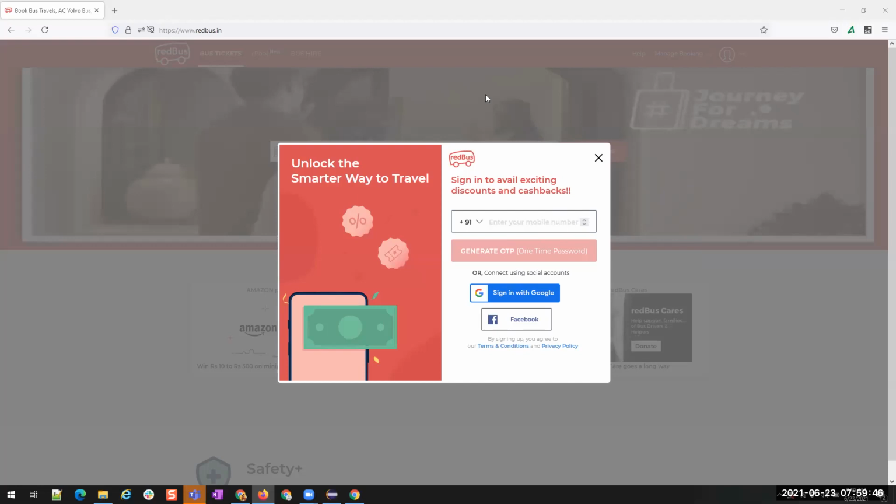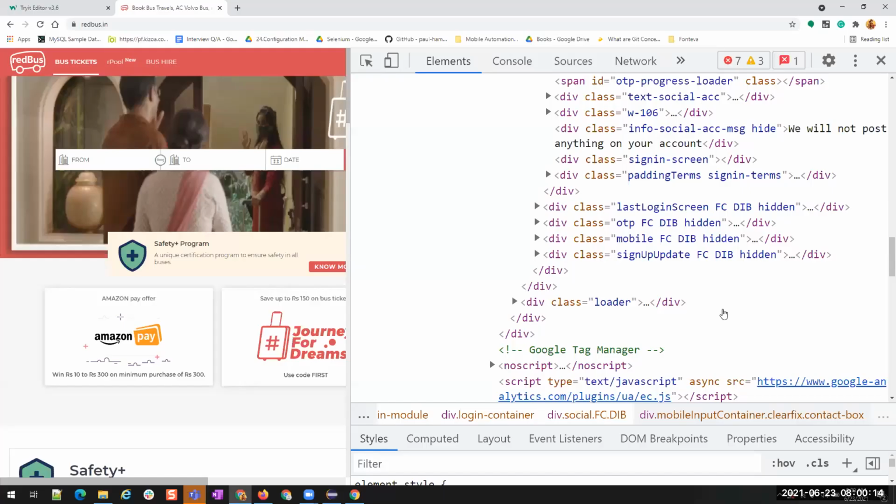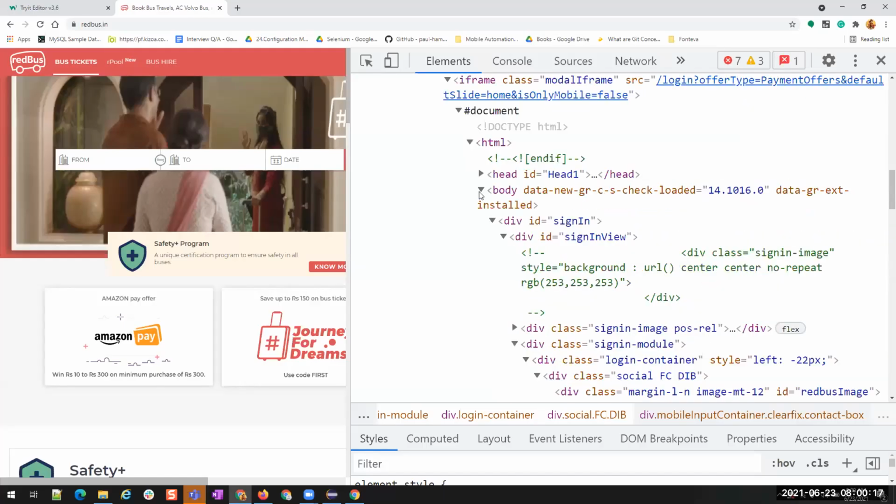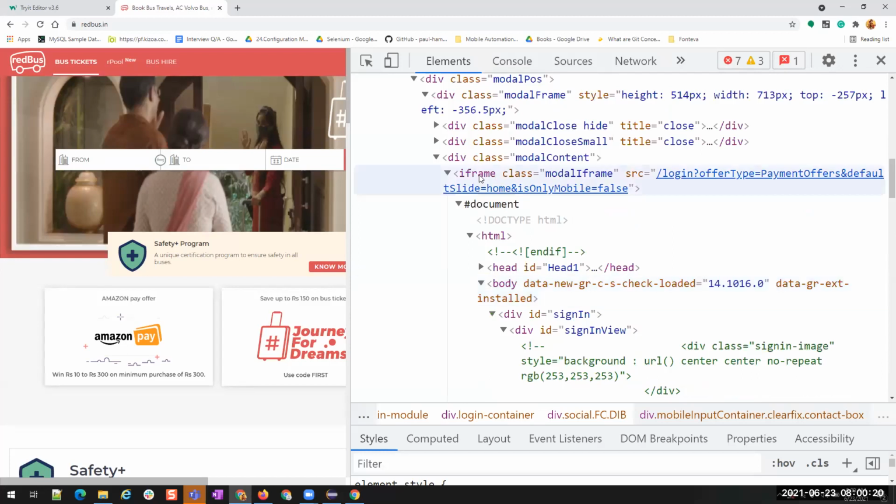How do we identify frames? Yes, Nikhil. All the browsers will show that frame related options when we right click on it, except Internet Explorer. Internet Explorer does not have any options when you right click on it to show the frames. So if your application is not supporting other browsers and you have to do it only on IE, then there is no other way. We have to scroll up and see the HTML content, whether it is an iframe or not. There is no other way in IE other than this. But in all the other browsers, you will see options related to the frame.